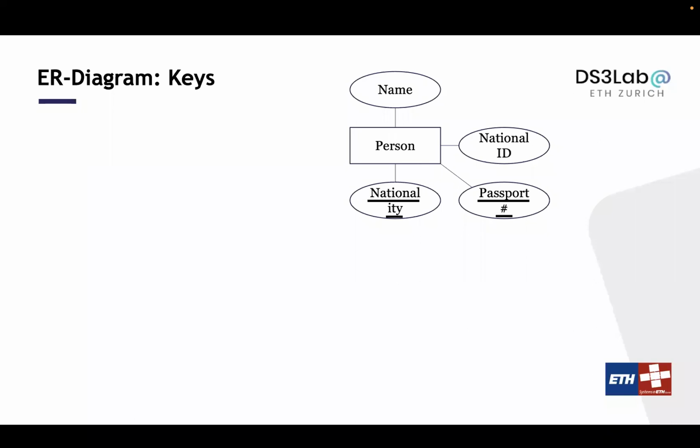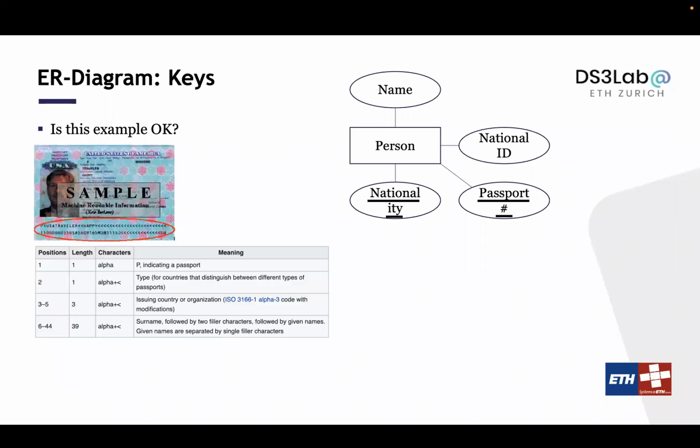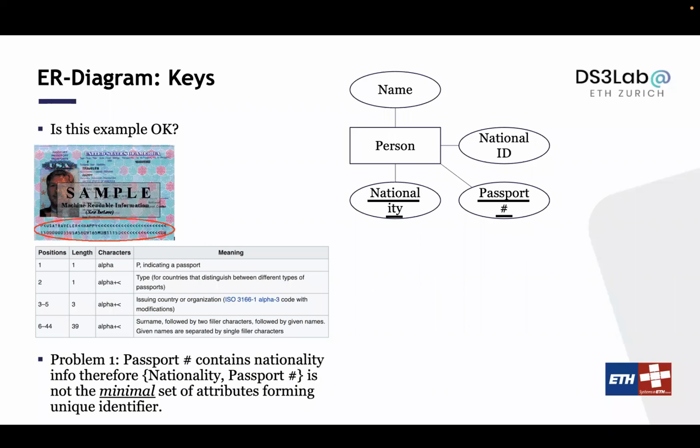It depends on what application you are actually trying to build, and also what assumption you have on the data. So now let's assume the world that you live in is the real universe we are living in at this moment, where the passport number looks something like this. If you are assuming the passport number looks like what you have in the real world, then picking these two attributes together as a primary key is actually not okay, because the passport number already encodes nationality. By just reading the passport number, you are able to extract information about nationality, which means this combination, nationality and passport number,